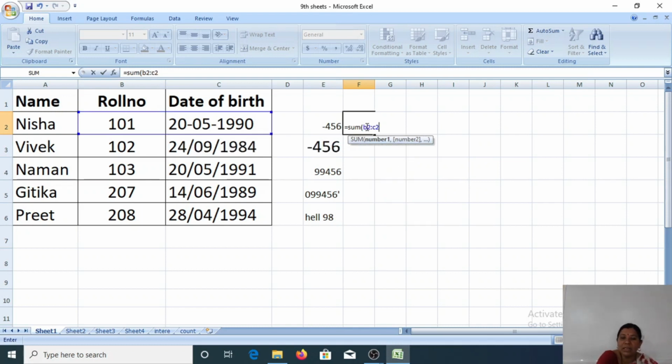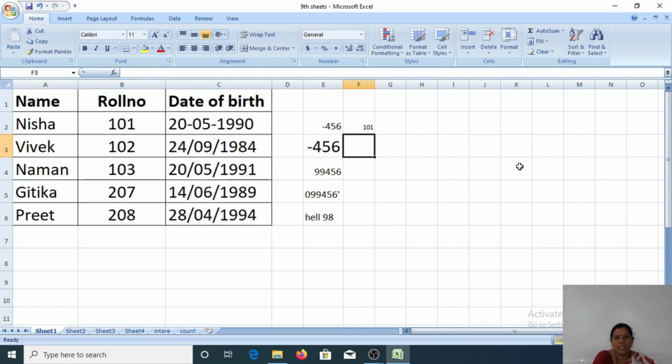What happens here? It has created a relationship between two cells. What formula do I have to sum? But here the date is not calculated because it is neither text nor number, because I used symbols there. So it's not calculated, it just calculated 101. But here we got the relationship between those cells. Now we can edit the cell content.